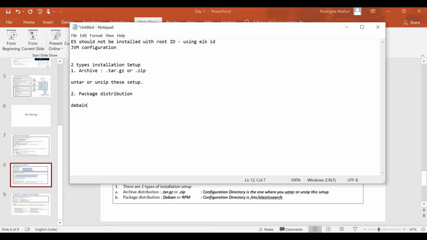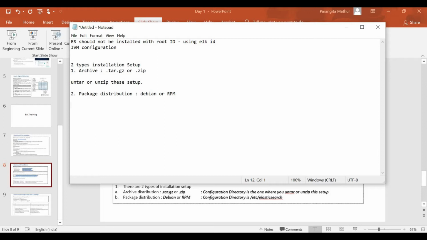These are your Debian or RPM. One thing you observe with Debian or RPM is that there is a way of installing: you have to install the package. There are certain commands that you have to run for installation purposes. Now, how are these two different?